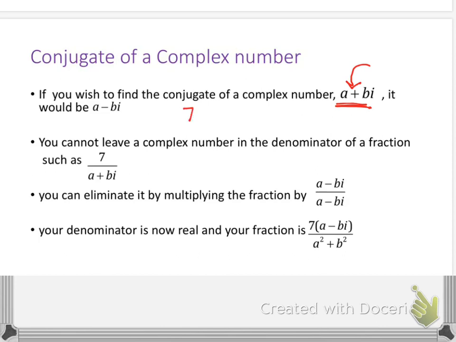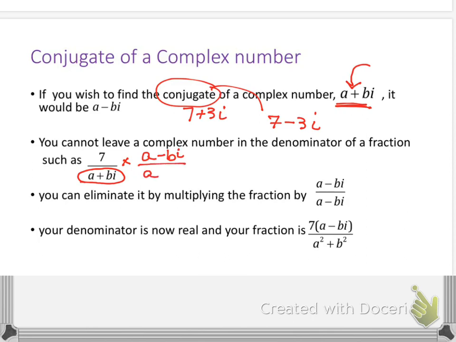Okay, so if I had 7 plus 3i, my conjugate would be 7 minus 3i. Okay? Now the reason why the conjugate is important is because you can't leave i squared in your answer, and you can't leave a complex number in the denominator. So the way you get rid of it is by multiplying by the conjugate pair